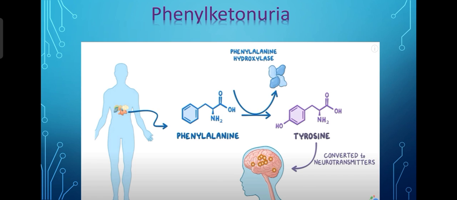The metabolic deviation can also often affect the central nervous system, leading to some neurological disorders. So phenylketonuria is also a rare inborn error of